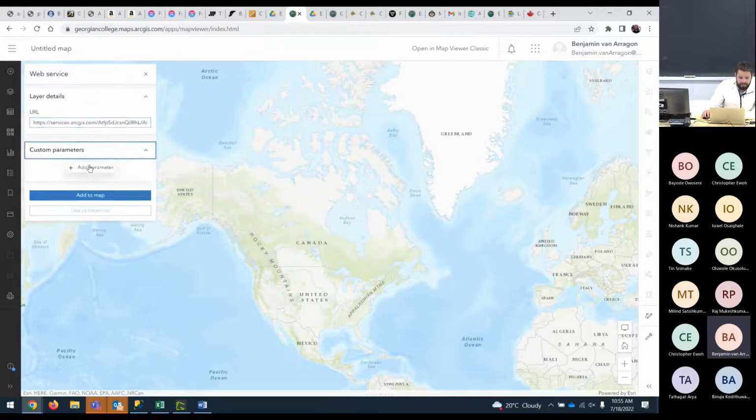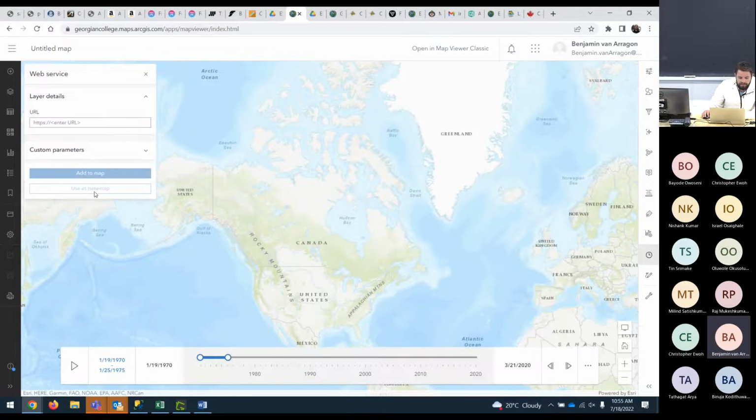And we can add custom parameters if we want, but we'll just leave it blank. And we should just be able to add this to the map. And you'll see what happens when I add that data layer to the map. We get this timeline along the bottom, which is cool because then you can hit play and you can visualize